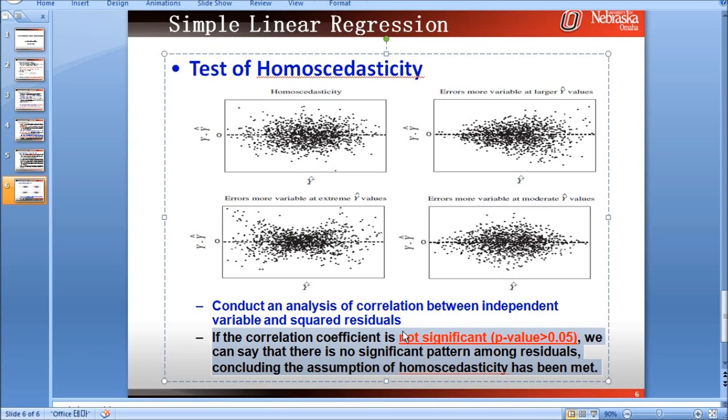If the correlation is not significant, if the p-value is greater than the 0.05 alpha level, then we can say that there is no significant pattern among residuals, concluding that the assumption of homoscedasticity has been satisfied. Okay.